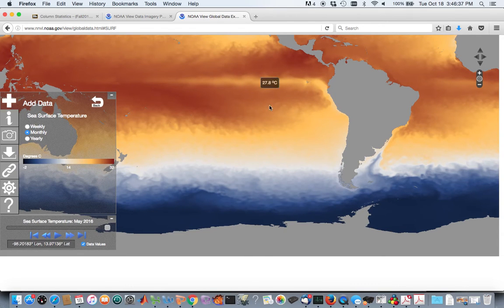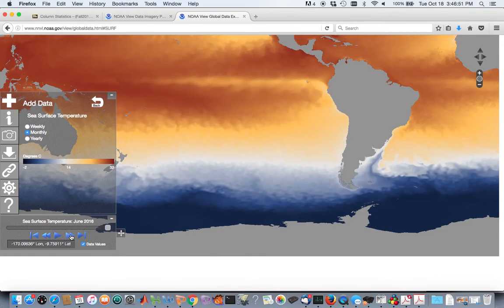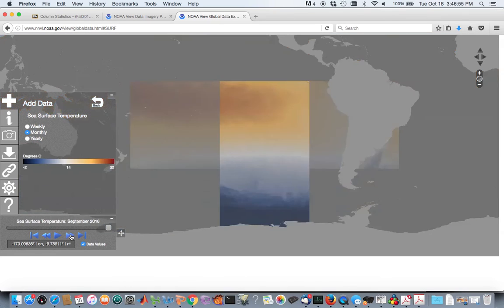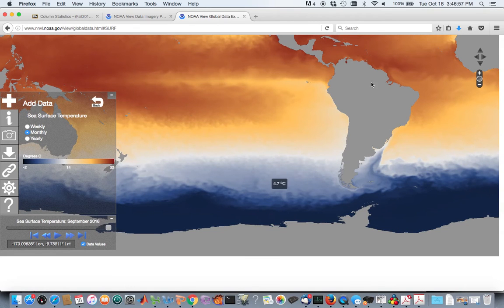So what happened is that low pressure system dissolved, and the easterly surface winds returned, moving this warm water back over towards the west from the east. It's May, June, and here's July, August, and then here's September of 2016, which is clearly a non-El Nino. So we see during the year 2015, there was a strong El Nino observed in the eastern